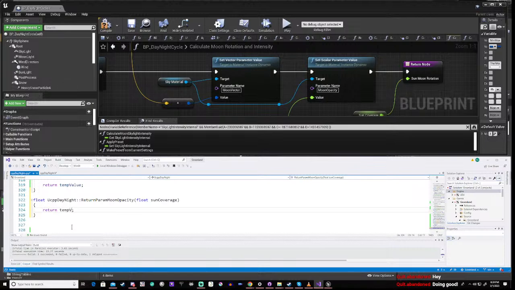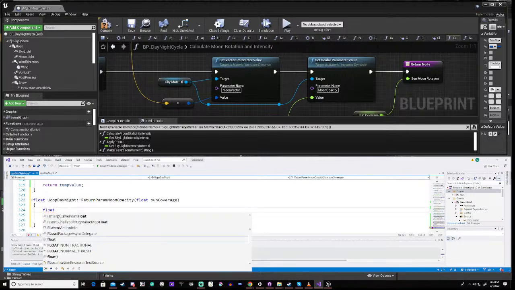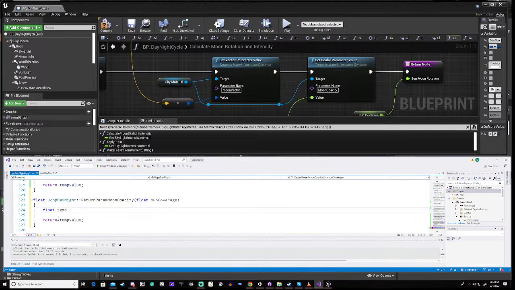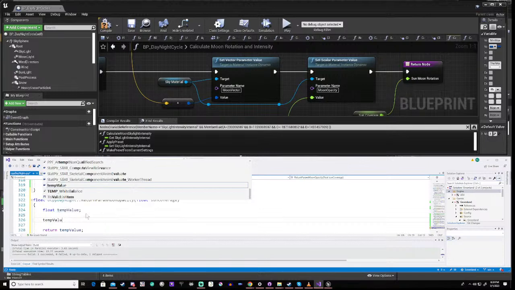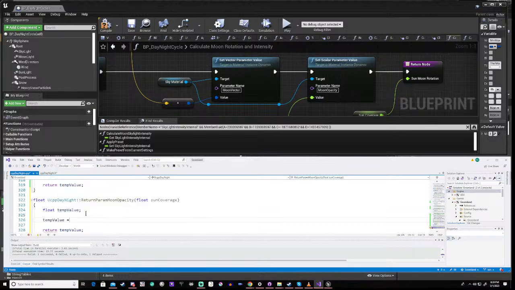We're just finishing off this big blueprint, and then we can do some testing basically. Temp value. Then we can say temp value equals